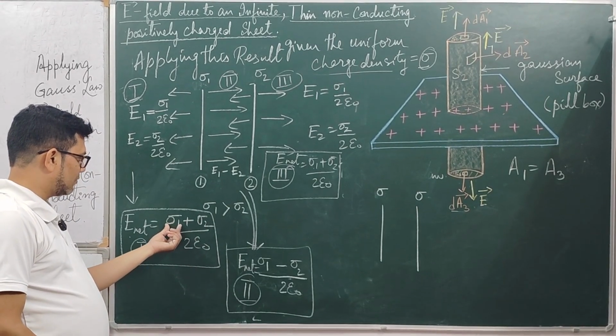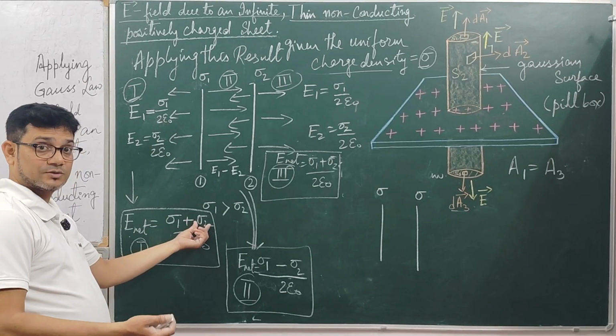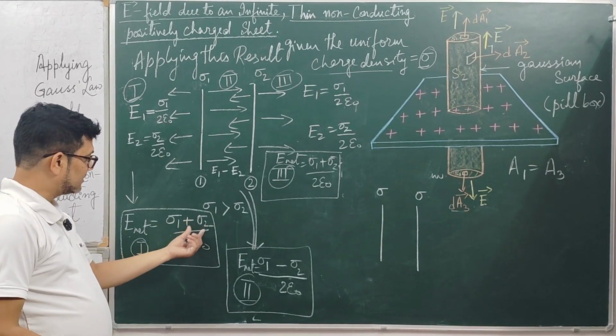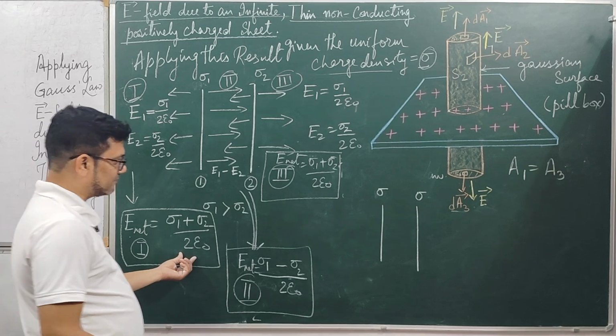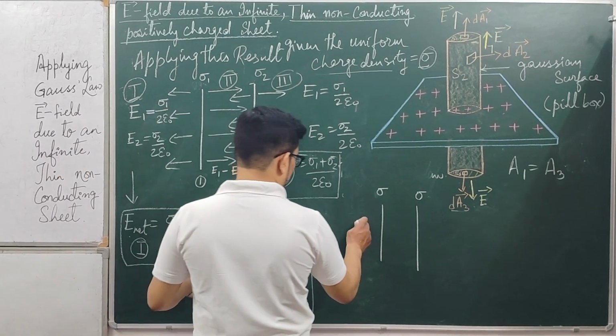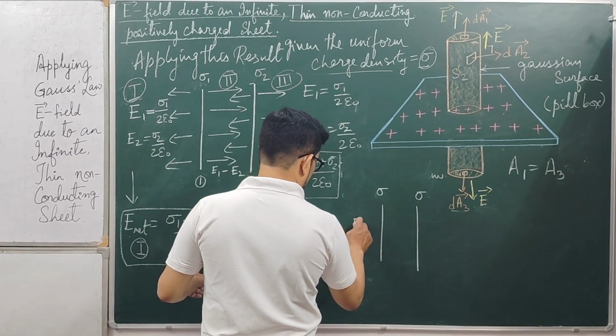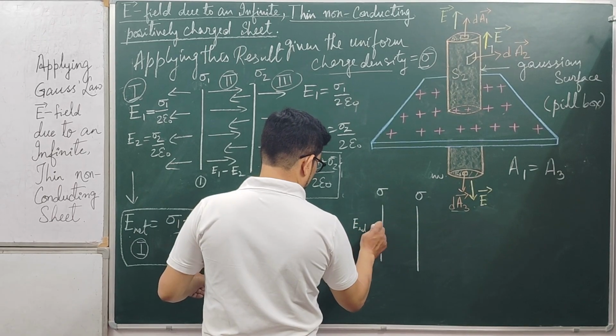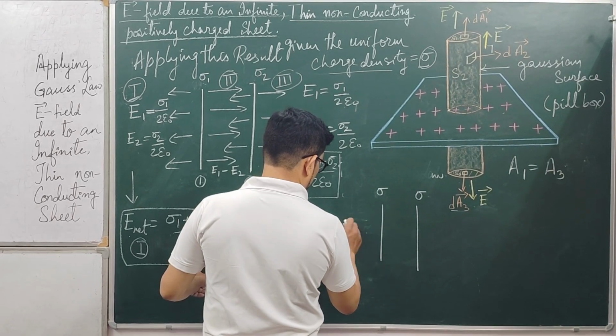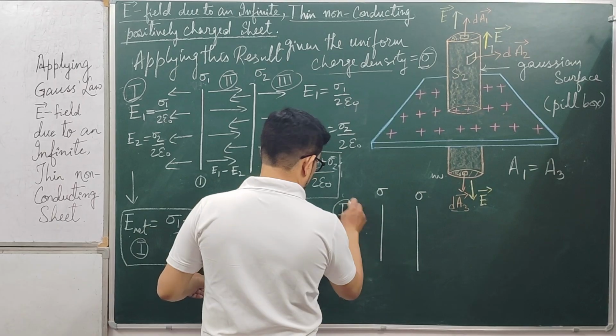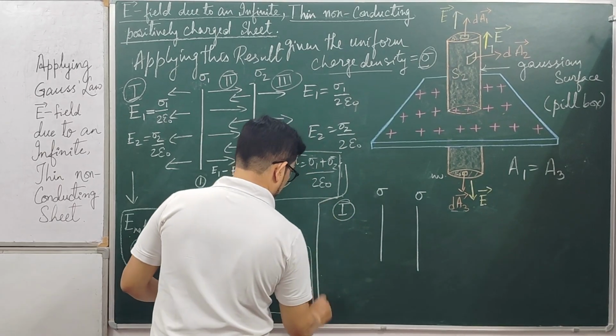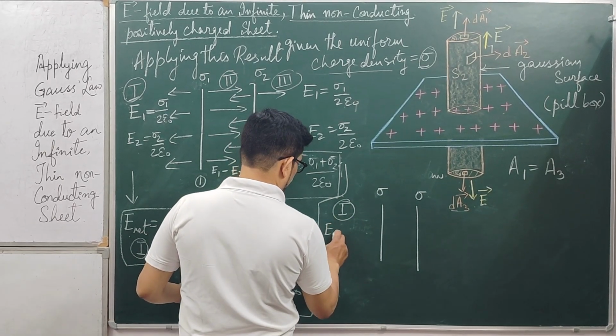So it becomes sigma 1 is equal to sigma 2 is equal to sigma. So it is twice of sigma divided by twice of epsilon naught. So here in region 1, in this situation, it would be